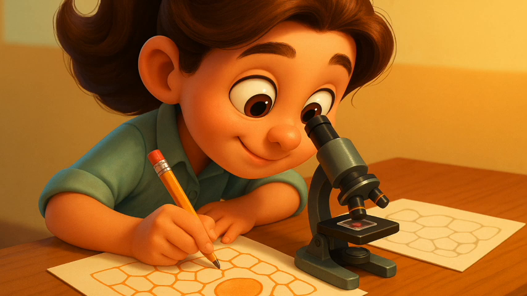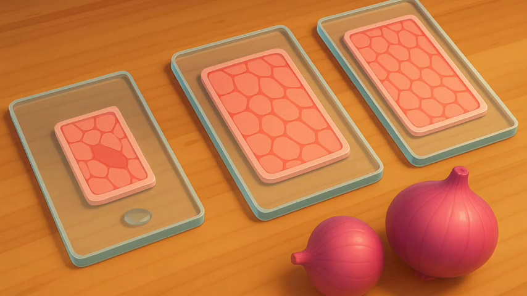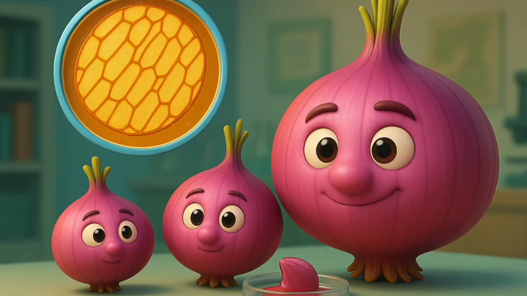What do we observe as we look through the lens? Can we draw the structures that we are able to see through the microscope on an observation sheet? What does it look like? We can try preparing temporary mounts of peels of onions of different sizes. What do we observe? Do we see similar structures or different structures? What are these structures? These structures look similar to each other. Together they form a big structure like an onion bulb. We find from this activity that onion bulbs of different sizes have similar small structures visible under a microscope.